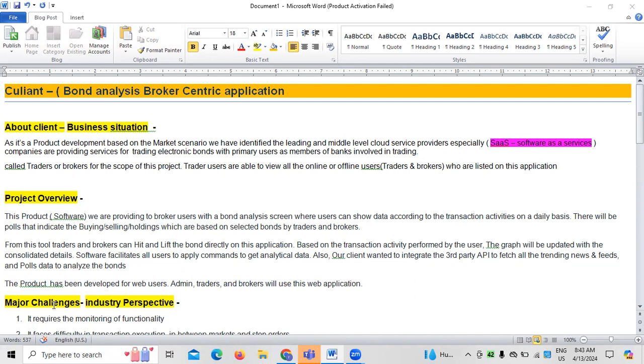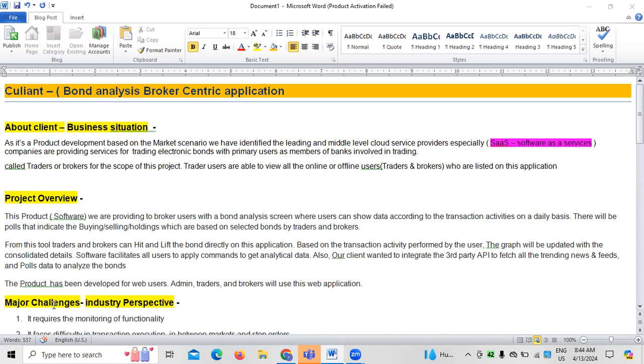The first, we need to understand the client situation. And do remember the one which I'm explaining is product based. It's a product. It's not services. Because again, in the beginning, I said, and I'm repeating the same, in the field of IT, services are categorized into two different parts. One is service based, project based, and second is product based. Service based means for a particular customer, we are developing a solution. That is what we call service based: for a particular customer, based on the business situation or the problem, what solution are we going to provide.